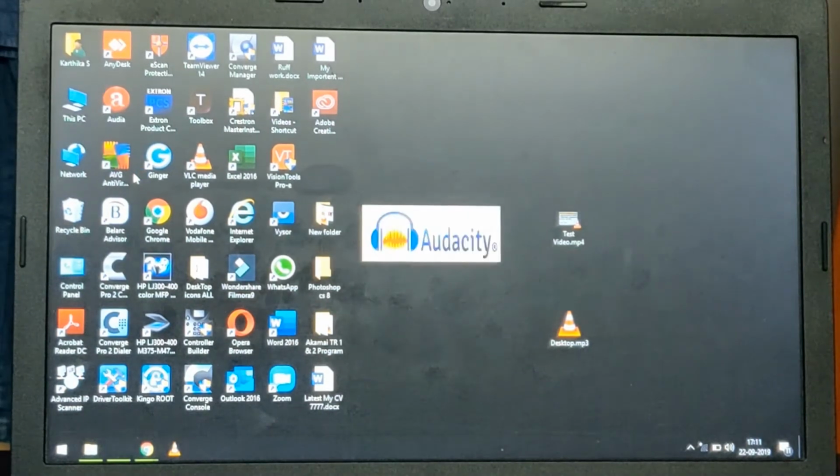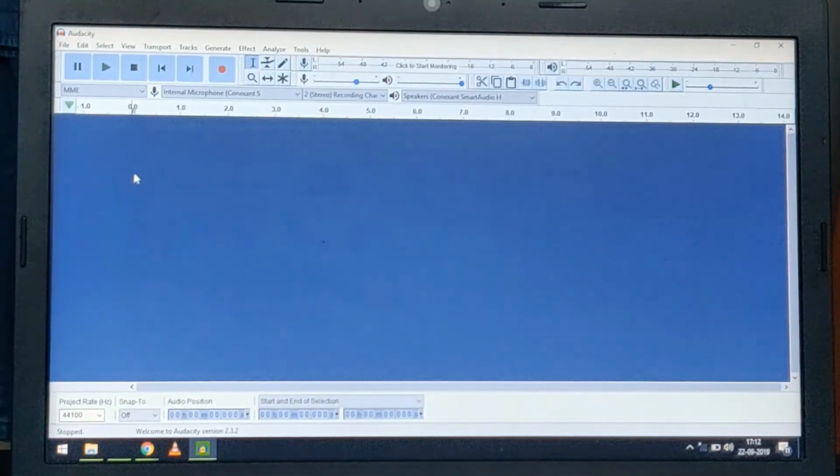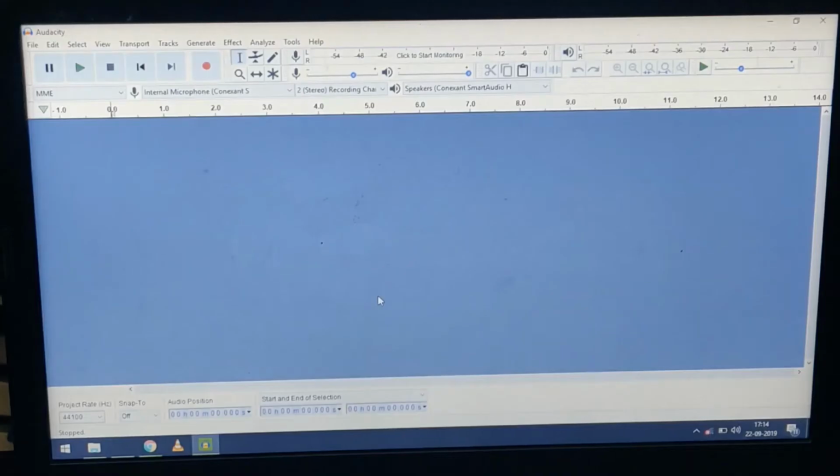Just open it by double clicking. Here the software is open. Here we go, Audacity software is open.